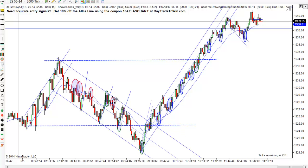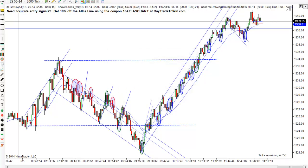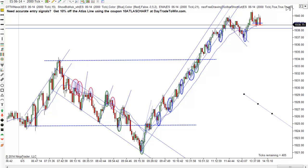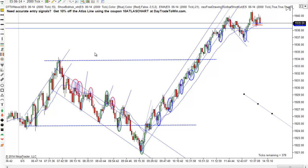So I'm guessing that this was a spiking channel. And again, it's not really obvious until now, after the fact. But what a spiking channel is, for anybody new, is the prices spike down too steeply, and a trend that steep is not going to last long. So it spikes down real steeply, and then it kind of narrows down and becomes more of